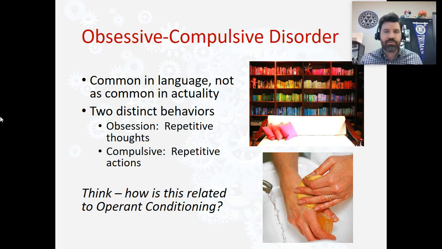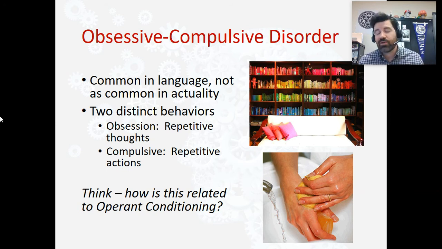I think, oh, I'm not sure if I actually set my alarm correctly. That's my obsession. And so then I compulsively look. I check it. I'm like, okay, I set it correctly. And then even after doing that, I might think, but did I really? And so I check it again. I don't know if you've experienced that before, but the idea is that you're obsessing over this thought, and if you want to get rid of that obsession, you have a compulsion.